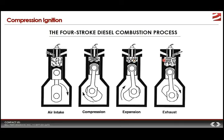Not only is it not being compressed, but because it's driving the piston back down, that is what is going to make the engine able to do what it does. And then the last part is the exhaust. The gas is now spent, and so this valve opens, and the spent exhaust gas mixture goes out here, and then it gets ready to start all over again. Okay, so